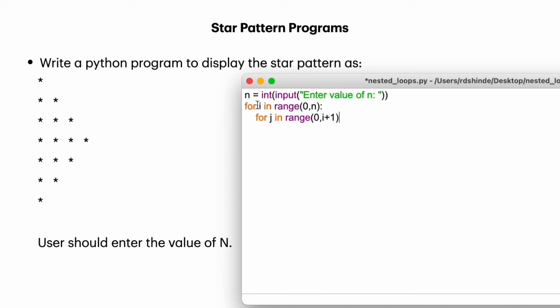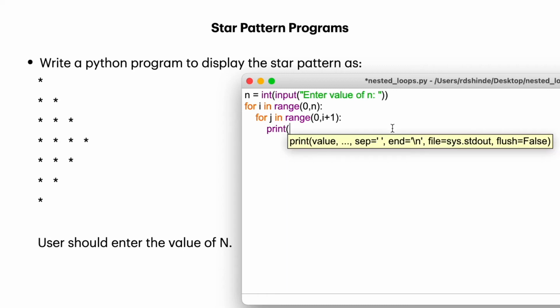So if i is 0 for the first case, one star will get printed here, and if i is 1, then two stars will get printed here. So we are done with our first two for loops, and now we are printing the star pattern.